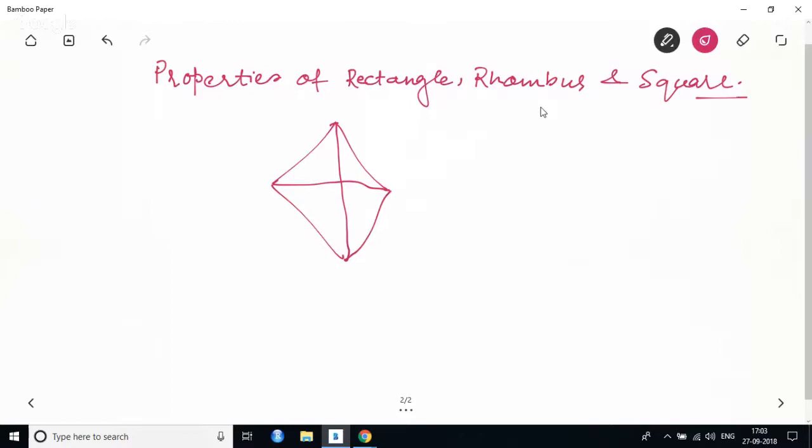One most important property of a rectangle is that diagonals bisect each other at 90°. Now, from rhombus only, we construct a square by making all sides equal. So we need to understand that